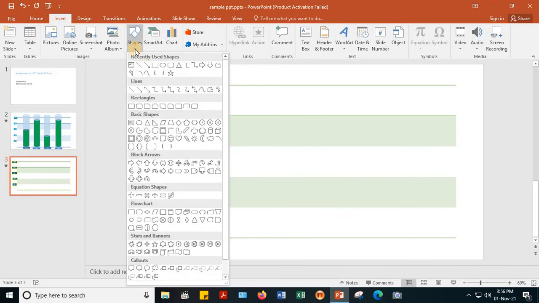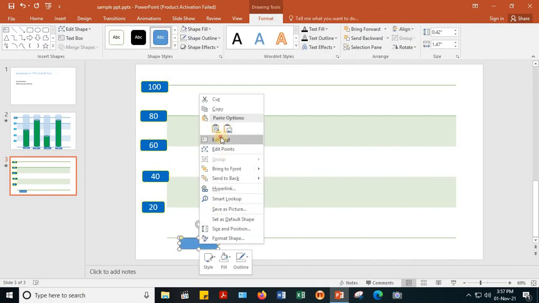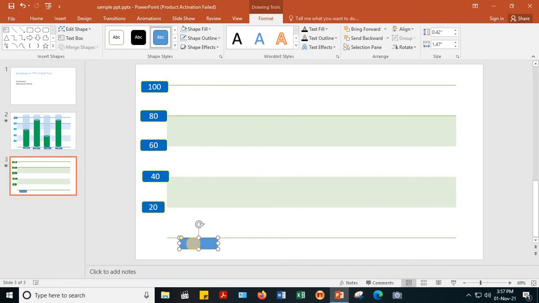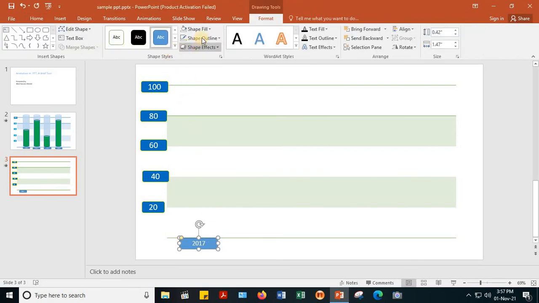For that, you can copy a shape and then edit text and write 2070, for example, and you can give a different color for this.